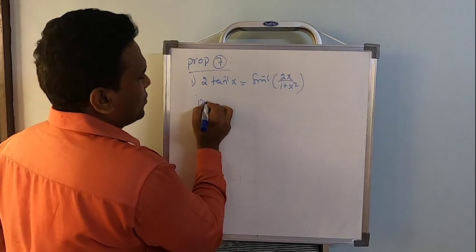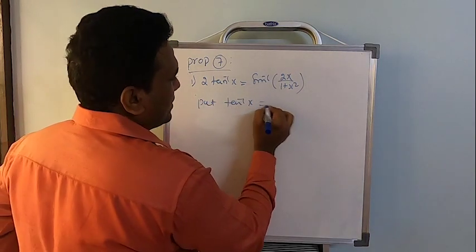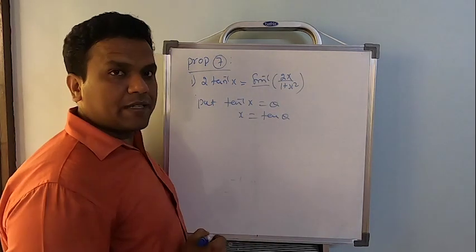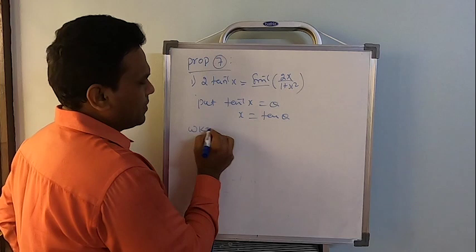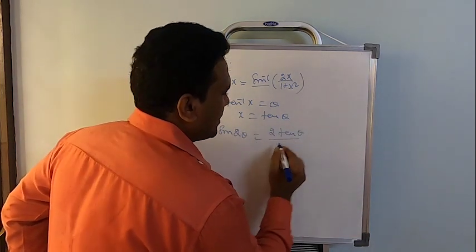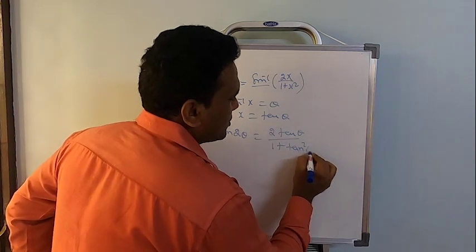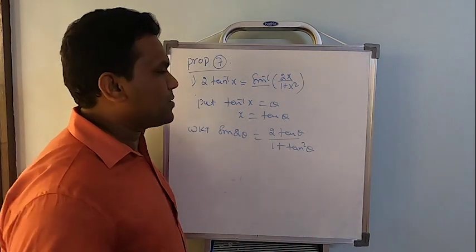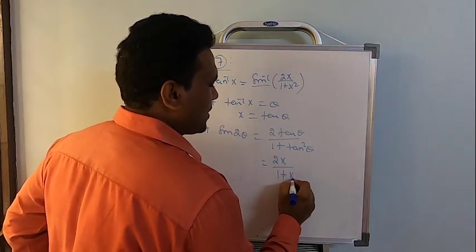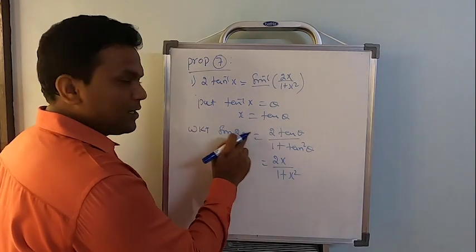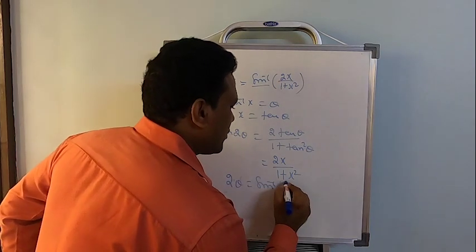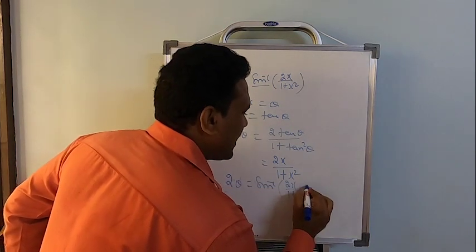Simple actually. So let's consider tan inverse x equal to theta, therefore x equal to tan theta. We want the answer in terms of sin inverse, right? We know that sin 2 theta can be written as 2 tan theta by 1 plus tan square theta. This is the property which has to be used. And what's the value of tan theta here? Tan theta value will be x. So 2x by 1 plus x square. Now this is sin 2 theta, right? Now shift sin to the right side. Therefore 2 theta equal to sin inverse of 2x by 1 plus x square.